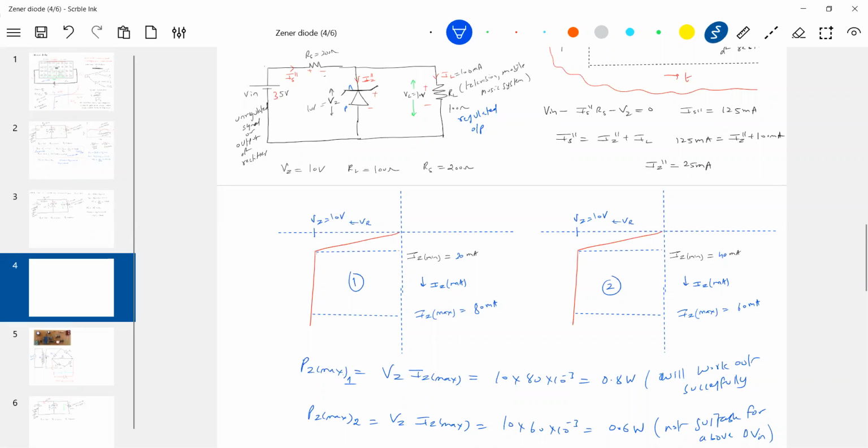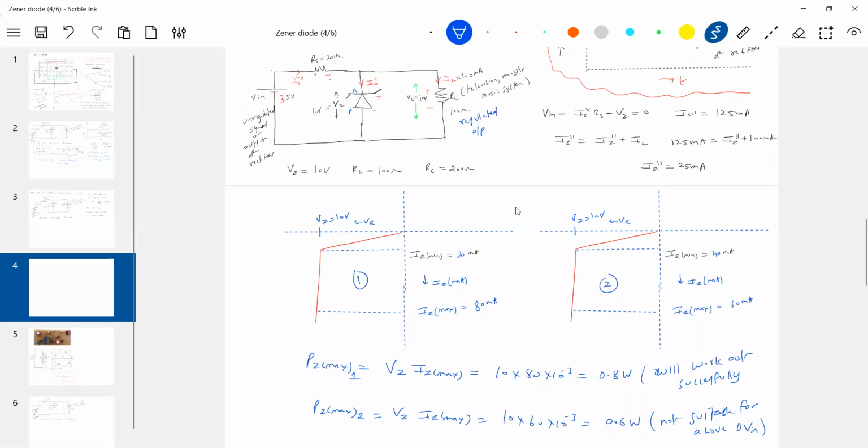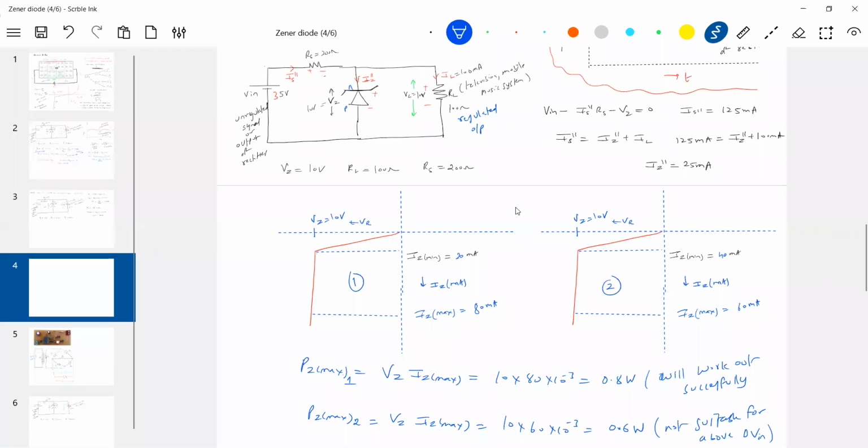Okay, you got the idea why IZ minimum and IZ max conditions will come. Okay, this is the overall idea of voltage regulation. I think all of you got it, it is a simple story, no? KCL, KVL, nothing to do. If you have any doubt, clarify, because next I'll start numericals. So, got the idea? IZ max, IZ minimum, power rating, how to pick a Zener diode. It all depends upon the fluctuation. Why is the fluctuation unwanted? Nobody can overcome that. You can never generate an electrical signal with zero fluctuation. There will be fluctuation.